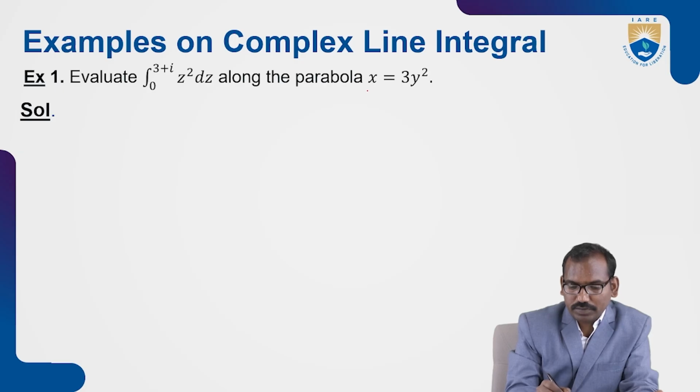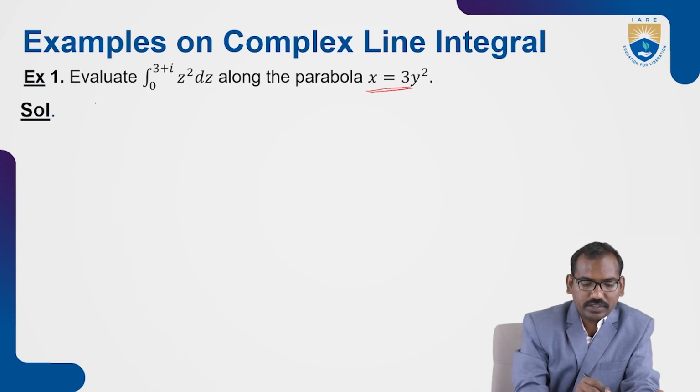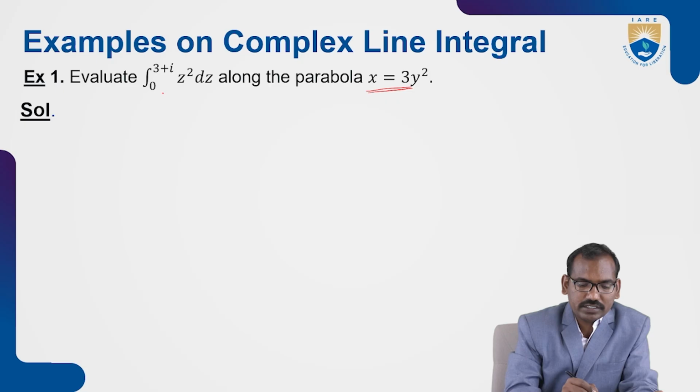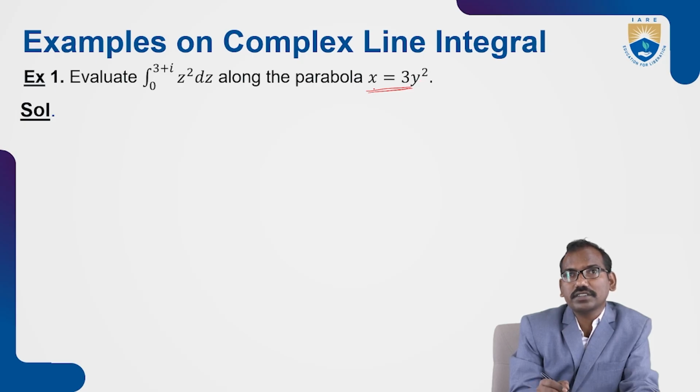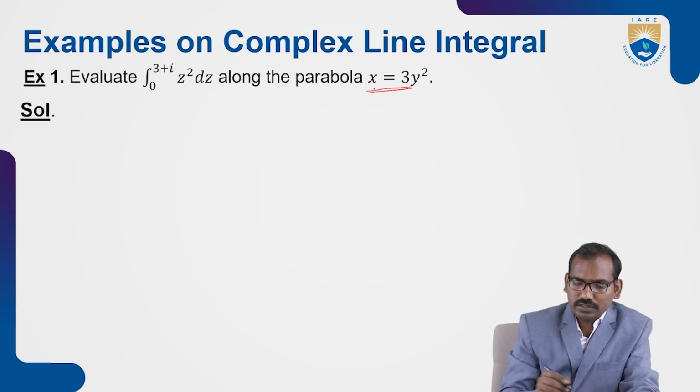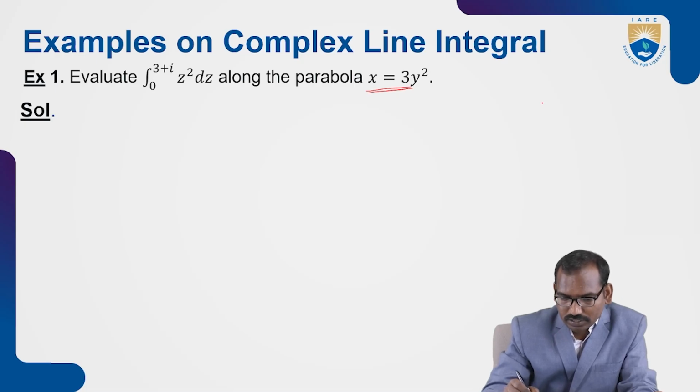Here the path is given. In this problem, we have to evaluate the integration of z square dz from z value 0 to 3 plus i along the parabola path x is equal to 3y square. First of all, we try to draw the